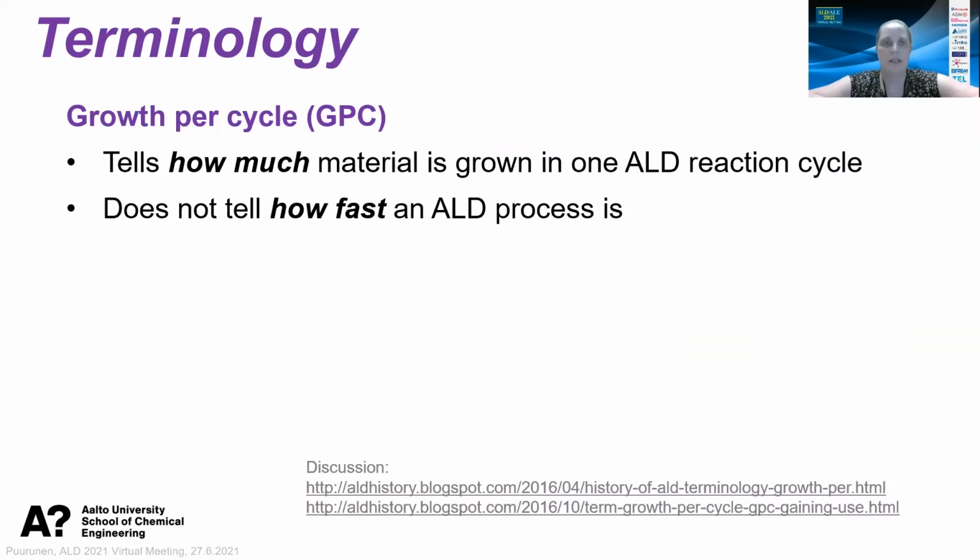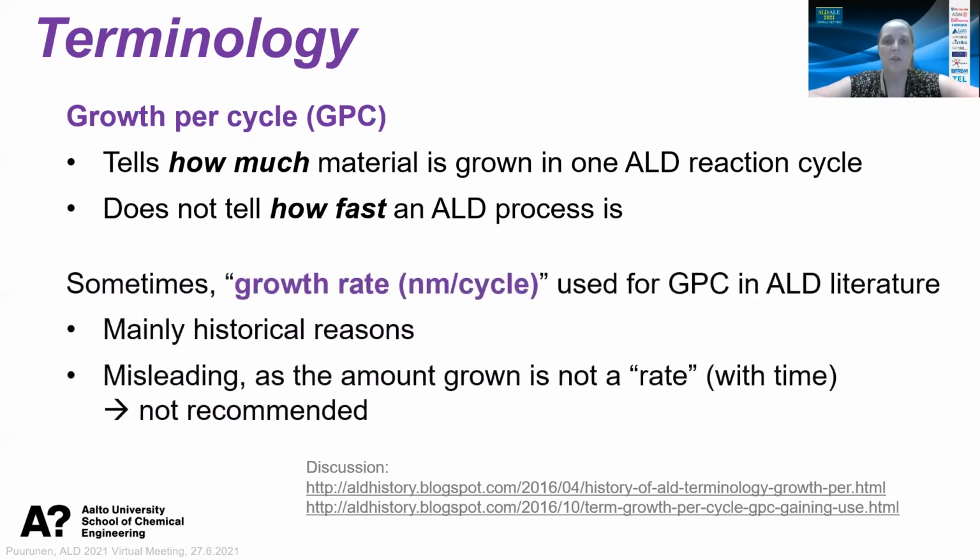So this growth per cycle, it tells how much material is grown in an ALD cycle. It does not tell how fast an ALD process is. Sometimes in the ALD literature, people don't use just growth per cycle, but there's a growth rate added. The rate is there. This is mostly for historical reasons. People keep on using it because it has been done so earlier. I would like to say that it's a little bit misleading because this is not really a rate. It does not have a time dimension, and I do not recommend it, although I recognize that many still do